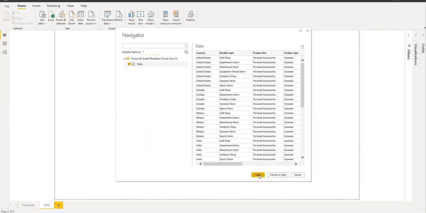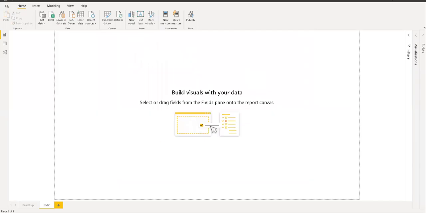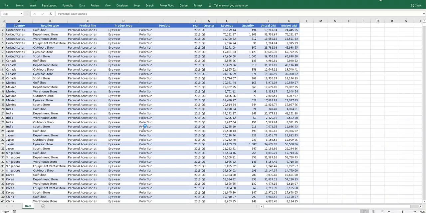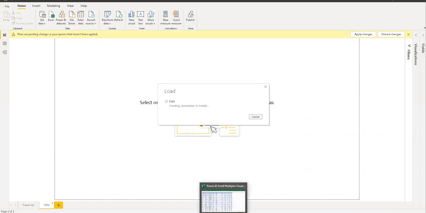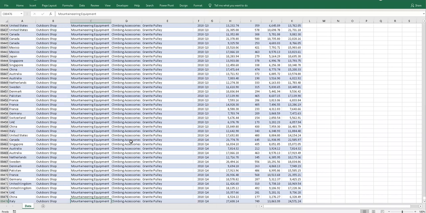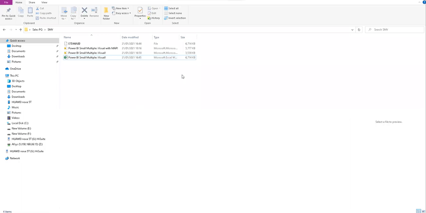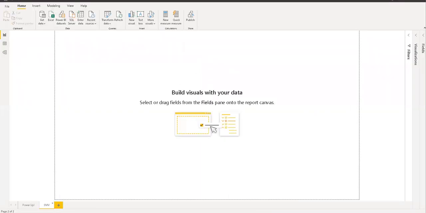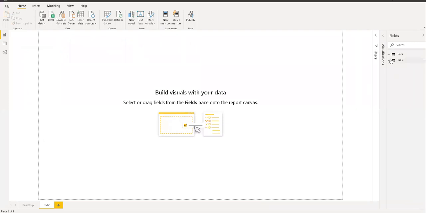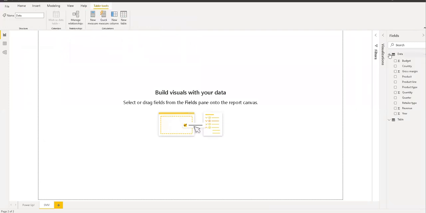I'm directly loading it, because for that purpose I just made it very simple, so that you will get the idea of how to import the information over here. If we go into the Excel file, you can see that the data is around 88,476 rows, and the file size in Excel is around 6,006 MB. And now I have uploaded this information into my Power BI. This is my table, data information. Okay, we will go step by step.